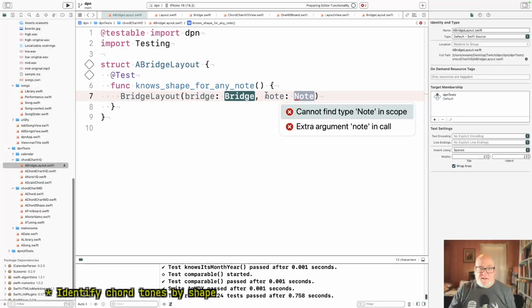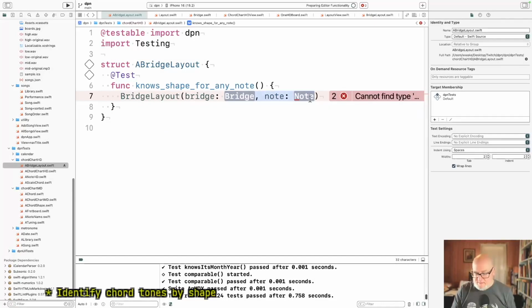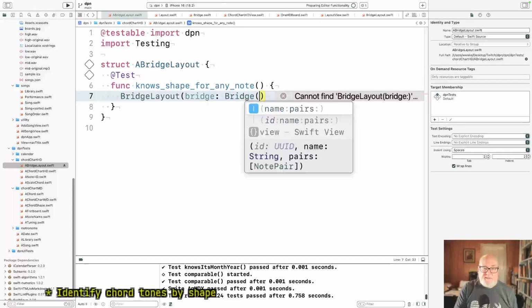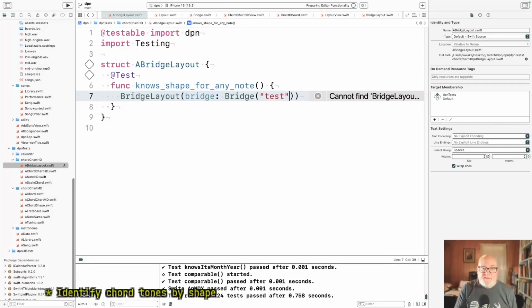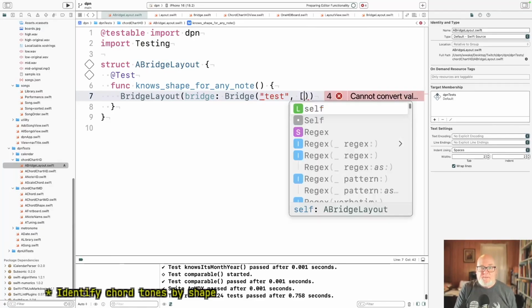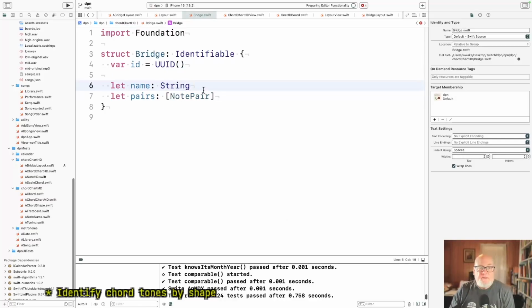Cannot find type. Yeah, extra argument. Right. Thanks for suggesting it, though. All right, bridge, test, and the pairs are note pair. Well,